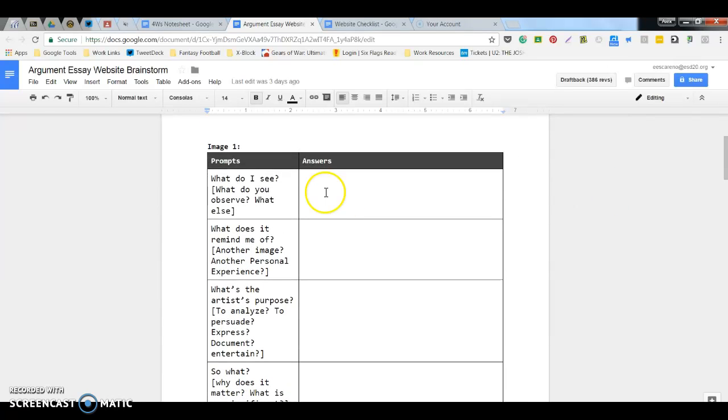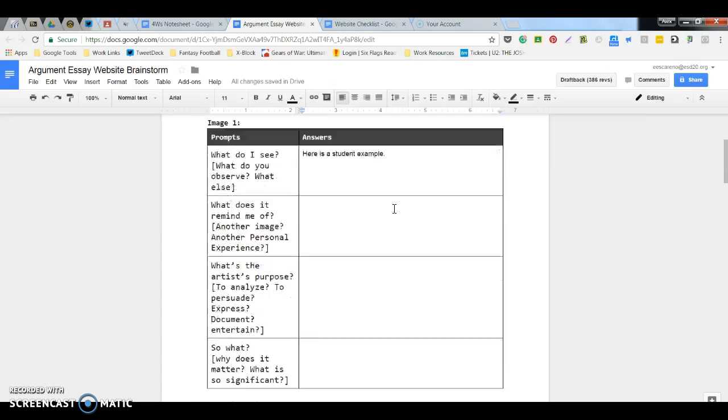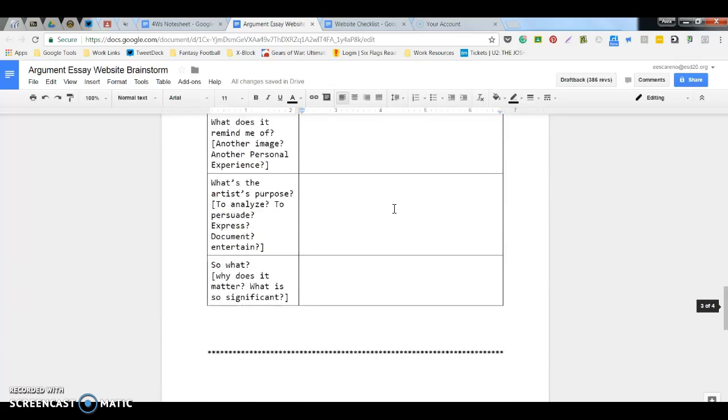And then I color coordinated the text, and the text of all the teacher writing is in one font, and the text as students start writing, so here is a student example, is in a different font, and I think for me personally, that helps to see what the students wrote versus what I intentionally had them write. And again, it goes through with that argument